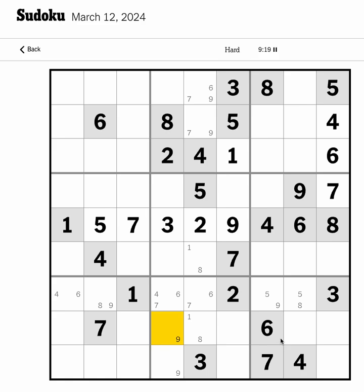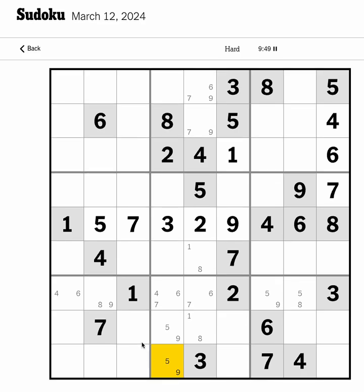So let's mark that. And now look at 5, which is blocking here, and this 5 blocking here, and this cannot be 5 because of this 5, 8, 9 triple. 5 also can only be here or here, so this is another double. Yeah, and what does it do? Now, if you look at this box again,